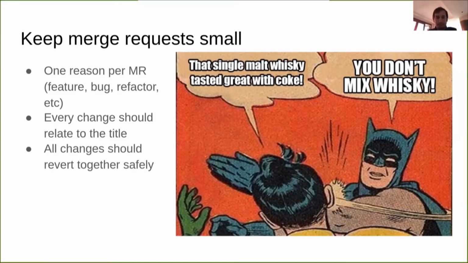But say you've added a feature that ends up not working quite right, and you need to revert it so that you stop crashing production. If you've included 3 bug fixes in your pull request, then you've also reverted those bug fixes, which you probably don't want to do. So by keeping your pull request small and isolated, with 1 bug fix or 1 feature or 1 refactor per pull request, then in the event that you do have to revert, you haven't reverted other things that aren't related. And you also have a much smaller chance of merge conflicts when you revert. Supposing you revert something that was pushed 3 days ago and there have been 6 changes since then, the bigger that change is, the harder it is to revert it because of other things that have happened on top of it.